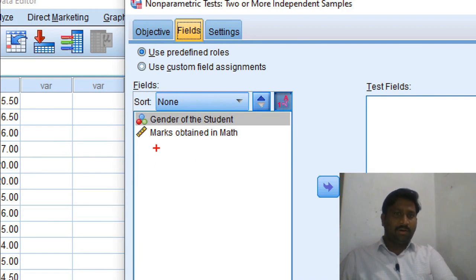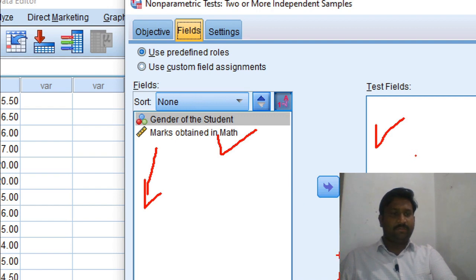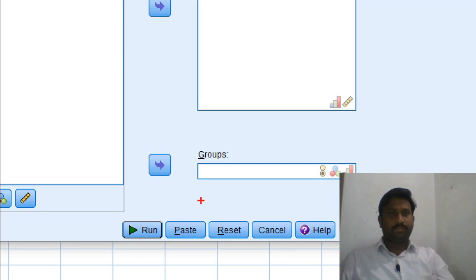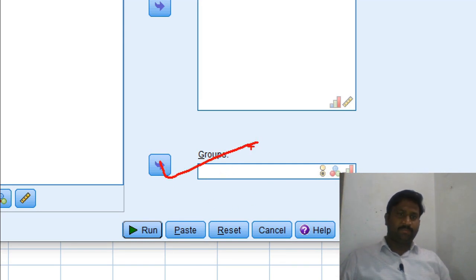Field has all the variables listed here: test variable, and in down group variable. Okay, so we will send score here for testing and group variable down. Group variable in this list. Okay, then we will click on run.